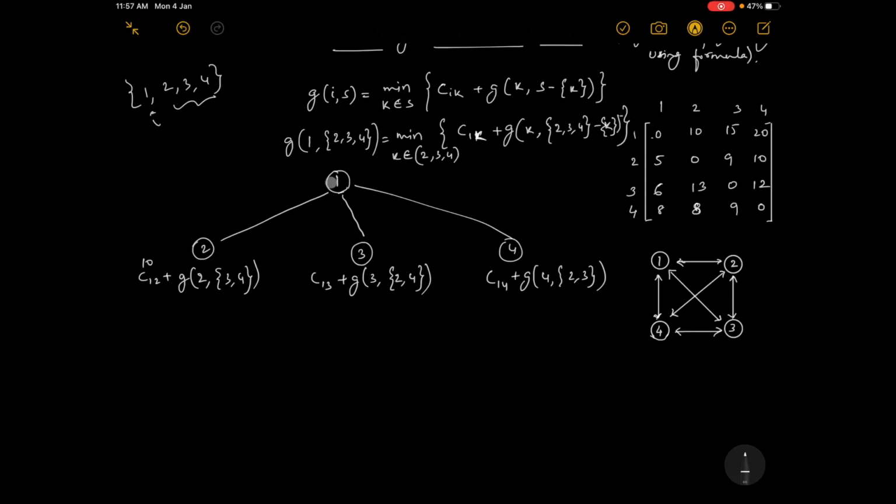From the initial position you can go to location 2, location 3 or location 4. Again from location 2 you have to go to 3 and 4, or 4 and 3, we'll see. Here 1 to 3 you have traveled, so you have to go to locations 2 and 3, or 2 and 4, or 4 and 2, and from the last position you have to come back again. That is the problem statement: from whichever point you started, you have to come back to that position.